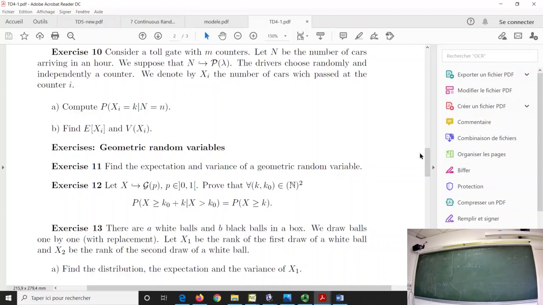So Z1 is this one, and if you have understood, I can define exactly in the same way Z1, Z2, Zn. If I have small n cars, as in the statement of question A, I have small n cars here. And what am I interested in? Xi is equal to what? So Xi is exactly the number of cars which pass at the counter I. If you have Z1, Z2, Zn, how can you define